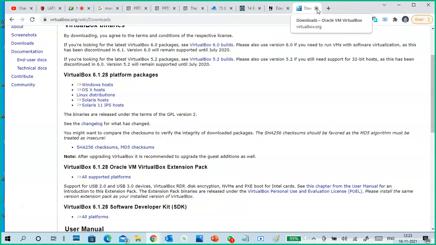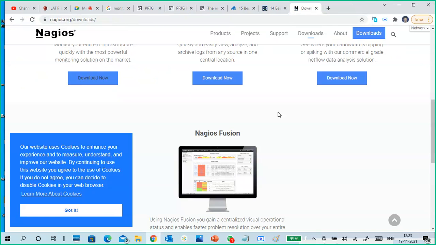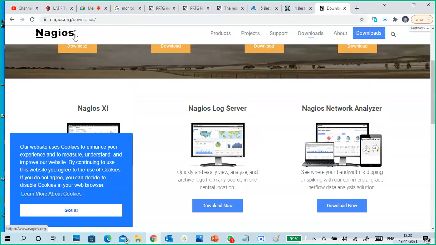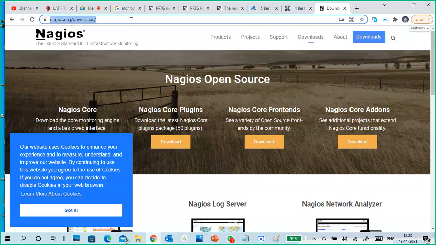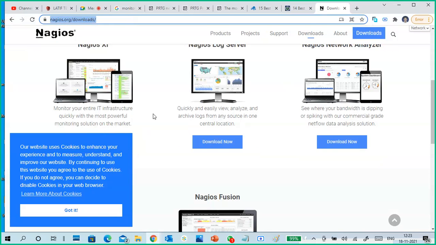So this is why I told about Nagios and all. Nagios is a trial version, it is not free, and it is a virtual machine. It is not an application, so no problem for your physical machine. You have to use it in a virtual machine, so you can monitor things in your home, like how many systems, how many PCs are working. Then you can understand what monitoring looks like.